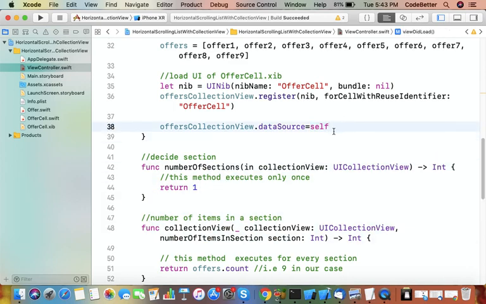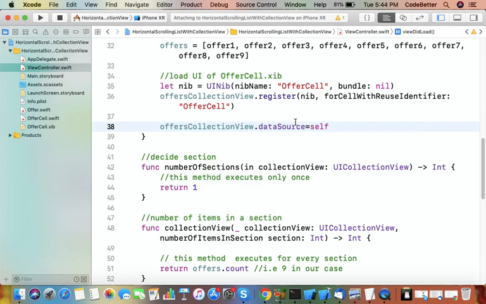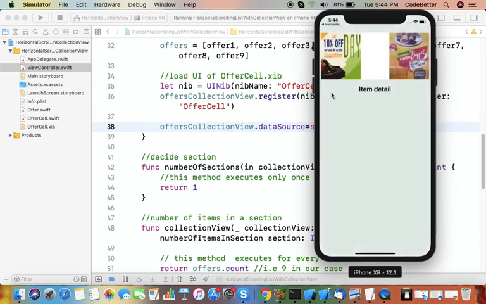Okay. Now let us check whether it runs properly, and let us see the output. Okay, now we see the data, but it is not scrolling.